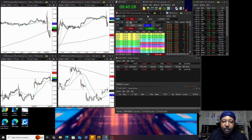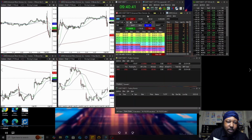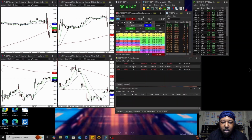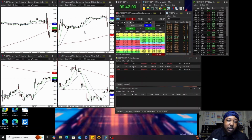I'm not afraid of this trade. I still have all this resistance up here, the 20, the 8 moving average along with the prior day's close. So I'm adding up here close to the 200 here. Stop is going to be somewhere up here. So risking about 80 cents a share right now. Well, was risking about 80 cents, now